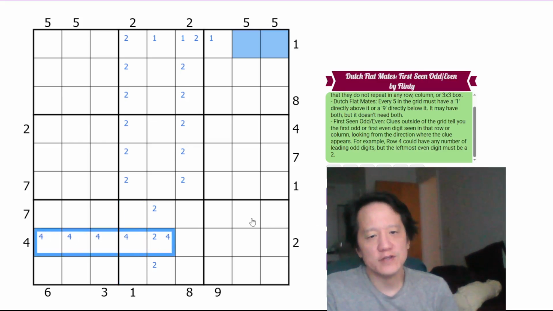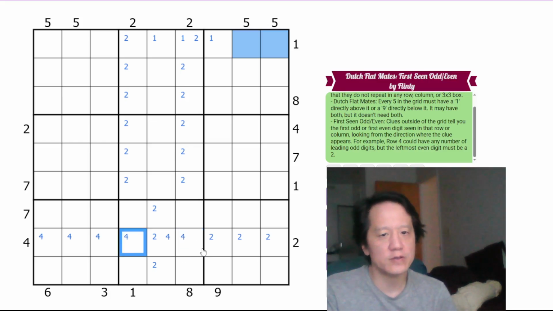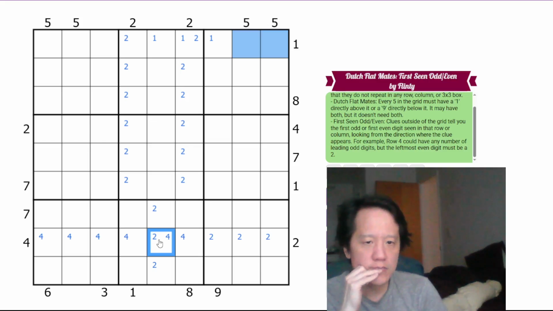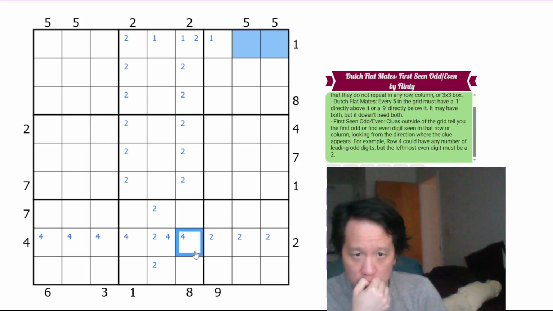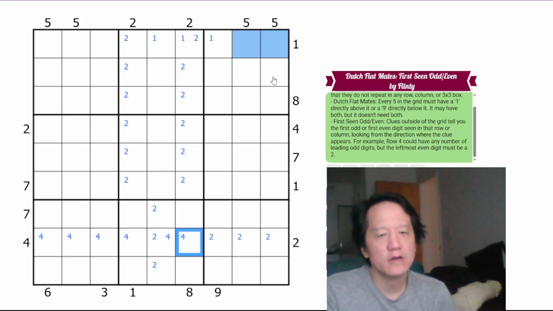4 has to be one of these 5. Actually, it'd be 6. 2 has to be one of these 6, but 2 cannot be either of these. So 2 is one of these 3, or it's this one. 8 could be here. Five. Okay. It cannot be even here, because then that would force 5 to be both of these cells, because